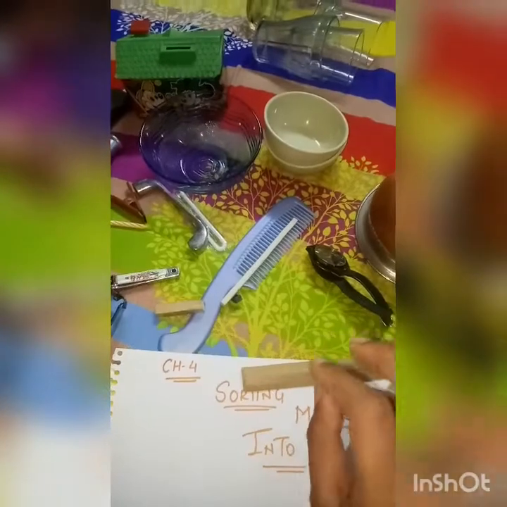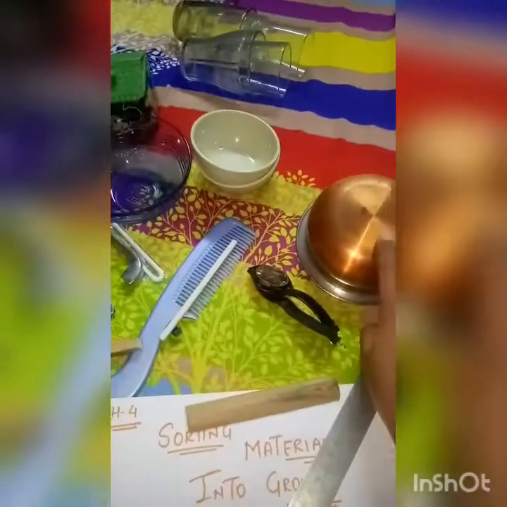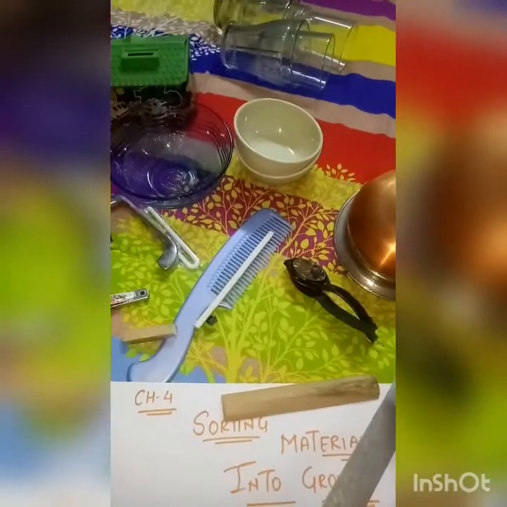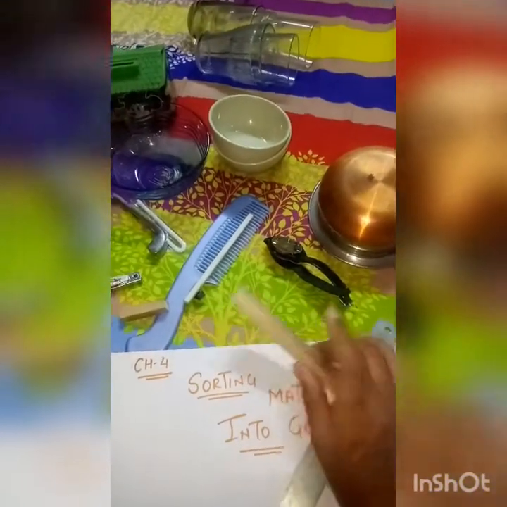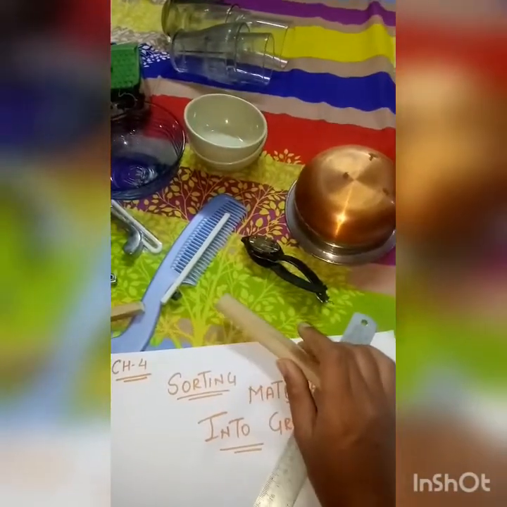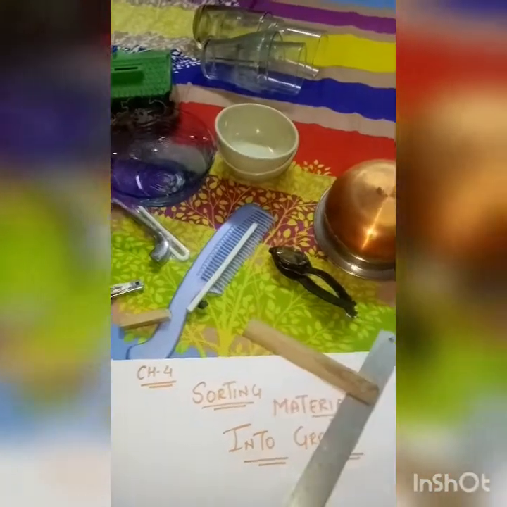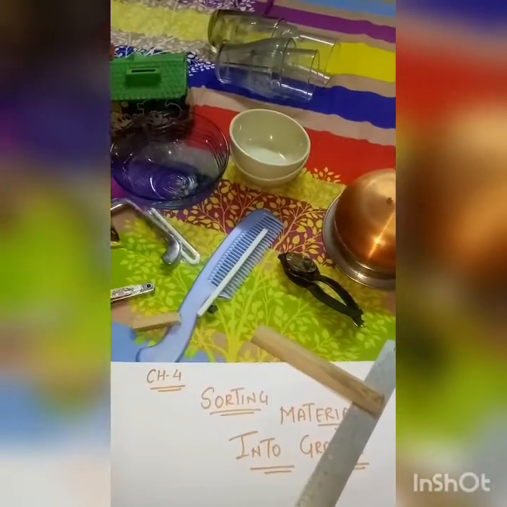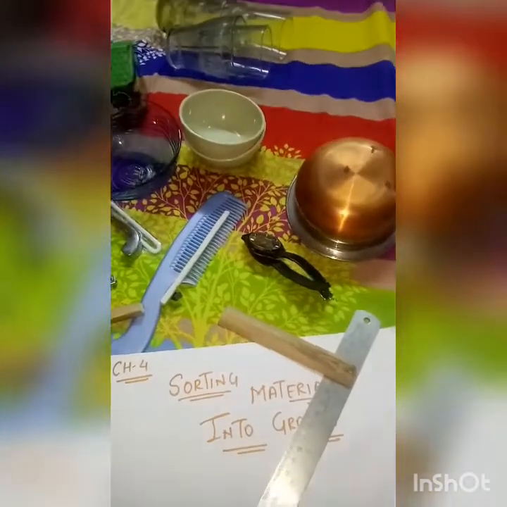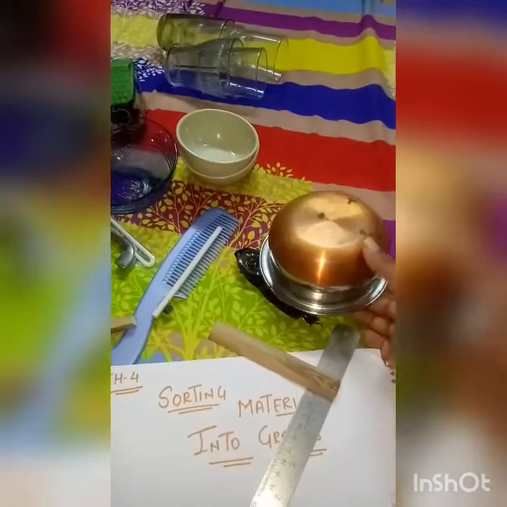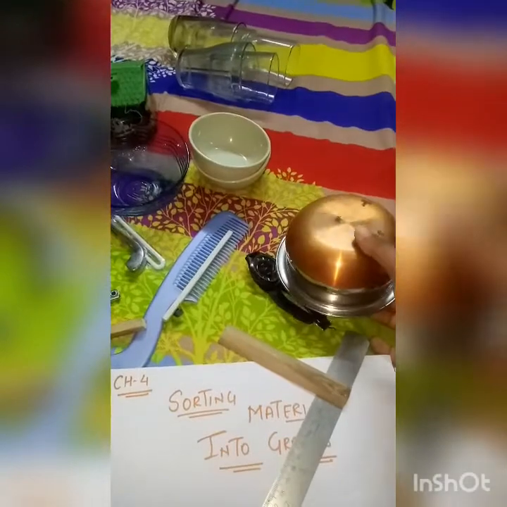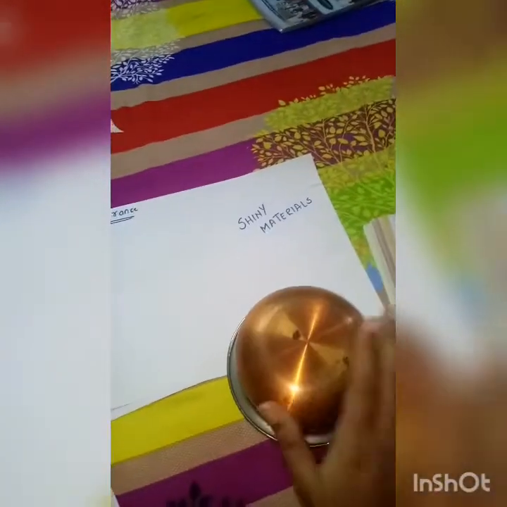But at the same time, the iron is there. This is an iron rod, iron, then aluminium, then copper, steel. Those have certain similarities which the wood is not having. Now what we are supposed to do is separate those materials which are shiny. As we can see, the copper is shining so much. So we will separate and keep them as shiny material.